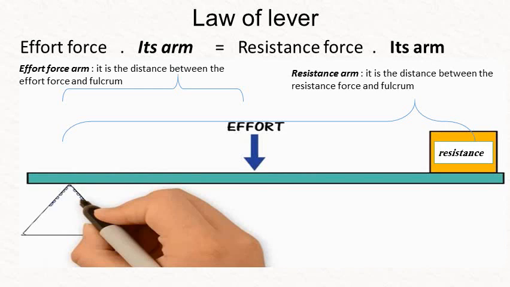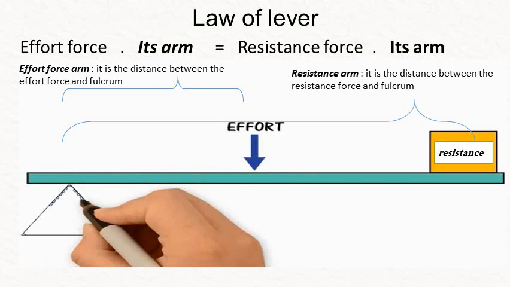Okay, the law of levers is a mathematical equation that explains the relation between effort force and resistance. This equation: effort force times its arm equals resistance force times its arm. What is meant by effort force and its arm, resistance force and its arm? Effort force is the force that tries to equilibrate the resistance. And its arm,